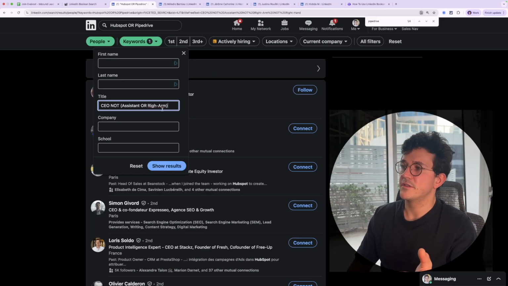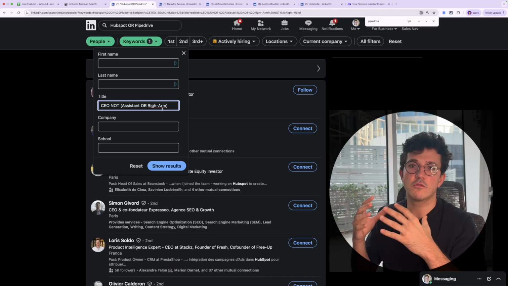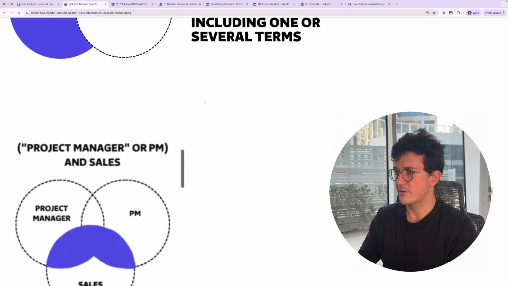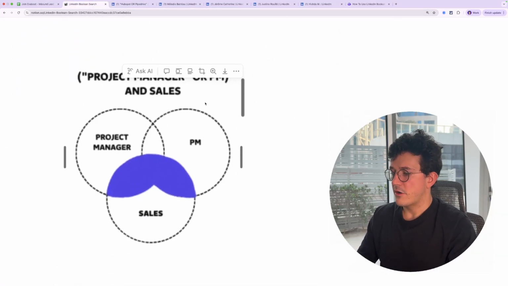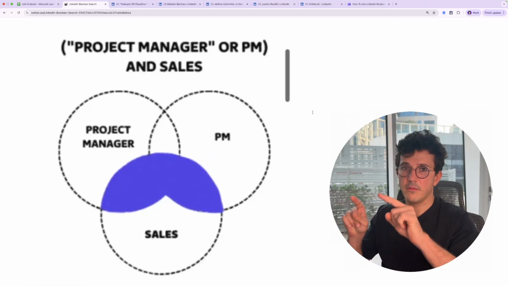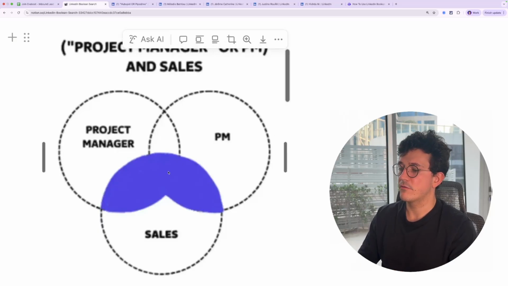That's how you use parentheses as well. Basically, parentheses work like mathematical multiplication with Boolean search. So let me show you that. For example, if I write "project manager" or PM between parentheses and sales, I will look for the people that have project manager and sales in their profile,